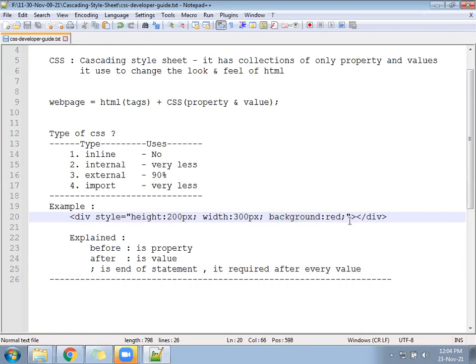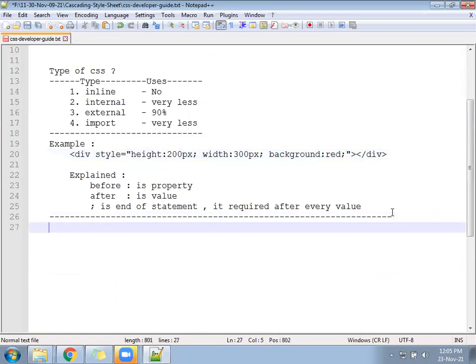Okay. Last semicolon is optional. If you leave this, it will work. But if you leave any semicolon before it, it will not work. Okay. So in HTML, for the body tag, how do you write? Suppose for body you have a tag. If you want to change the BG color equal to red, we write BG color equal to red. So here BG color is a property, equal to is a separator, red is a value.